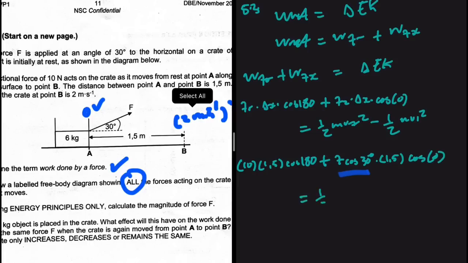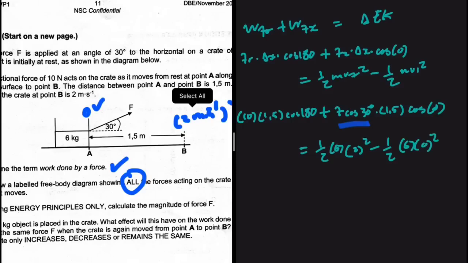This is equal to a half. The mass of the object is 6 kg, so we have 6 vf squared. We have all these velocities. So vf is 2, so 2 squared, minus a half, the mass is 6, the initial velocity is 0 squared. Okay, so 10 multiplied by 1.5 multiplied by cos of 180. This is minus 15. So we have minus 15, and then cos 30 multiplied by 1.5 multiplied by cos of 0. This is